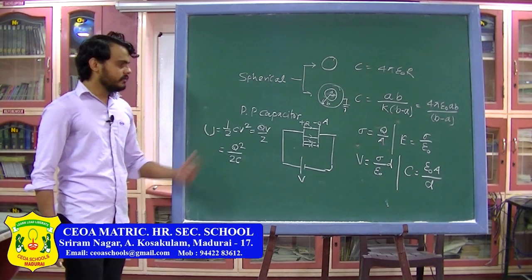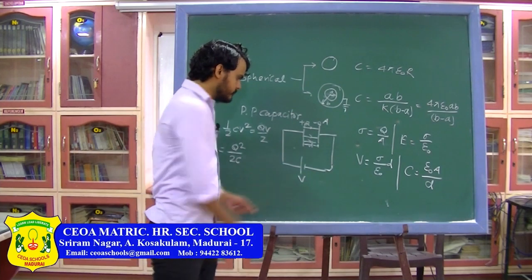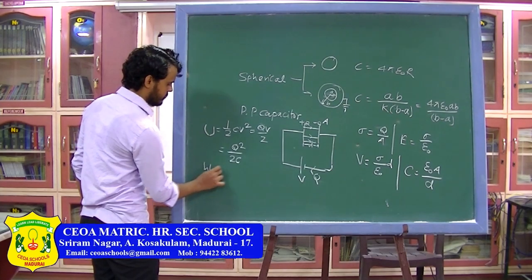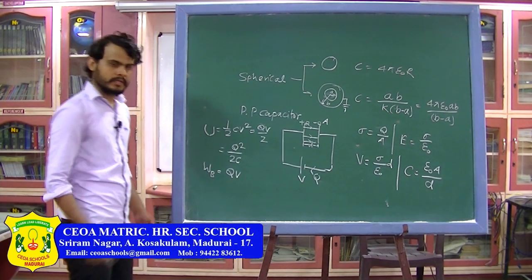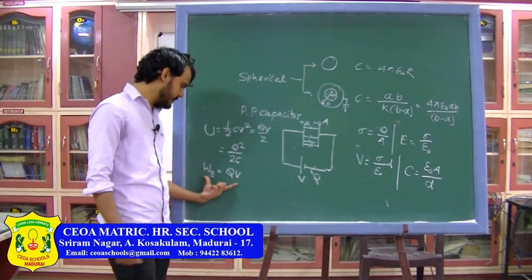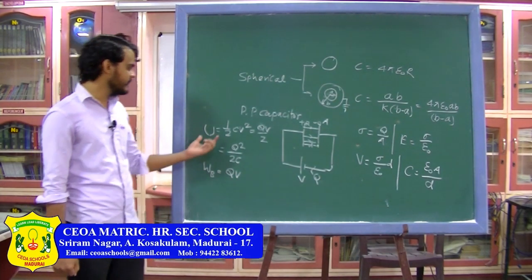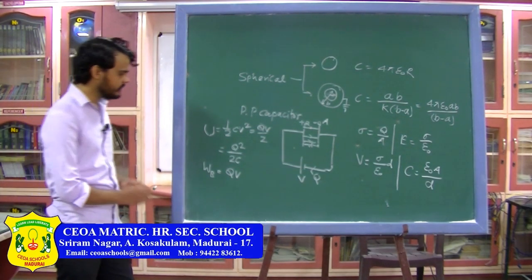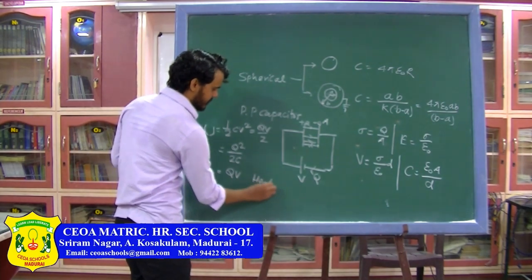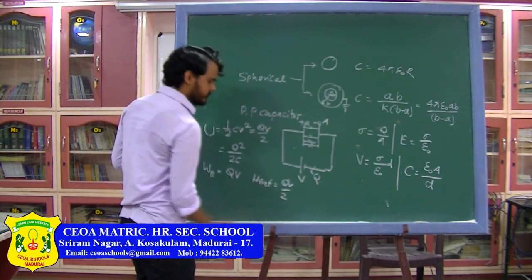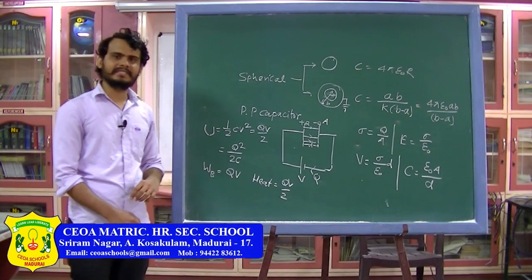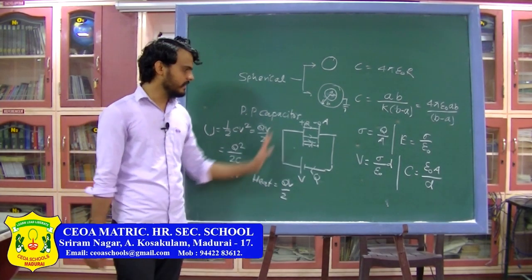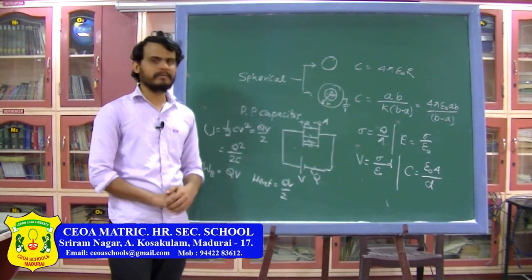In the previous class we have done up to this. Another thing is, if Q charge is flowing from here to here, the work done by the battery, which we have seen, was Q into V. So the work done by the battery, or energy provided by the battery, is Q into V, while the energy stored in the capacitor is only QV by 2. So the remaining half has gone into heat. So when you are charging a capacitor, the amount of heat produced equals the energy stored in the capacitor, or you can say half of the energy provided by the battery goes into heat. In the last class we covered these things. These are the important formulas which you should memorize.